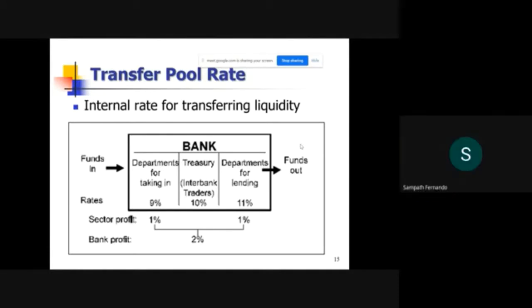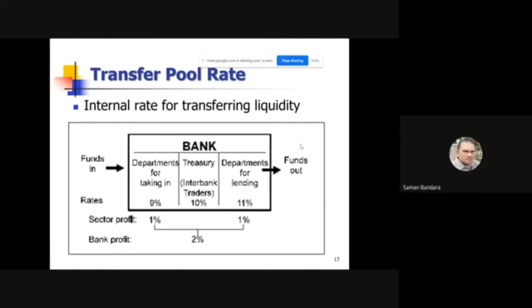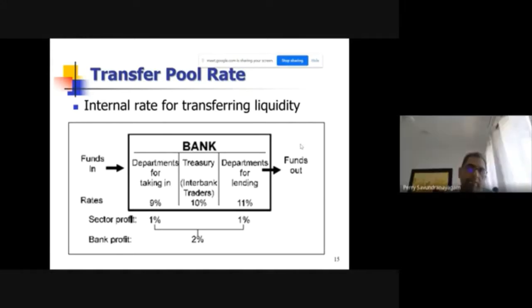Yes, sir. Okay. So department lends it out at 11%. Trading department, corporate bank. Okay. What's the risk they have? Default risk. Credit risk. They have credit risk. They'll have, again, maybe reputational risk. They might have FCC risk for that, various risks like that, but they don't have market risk.